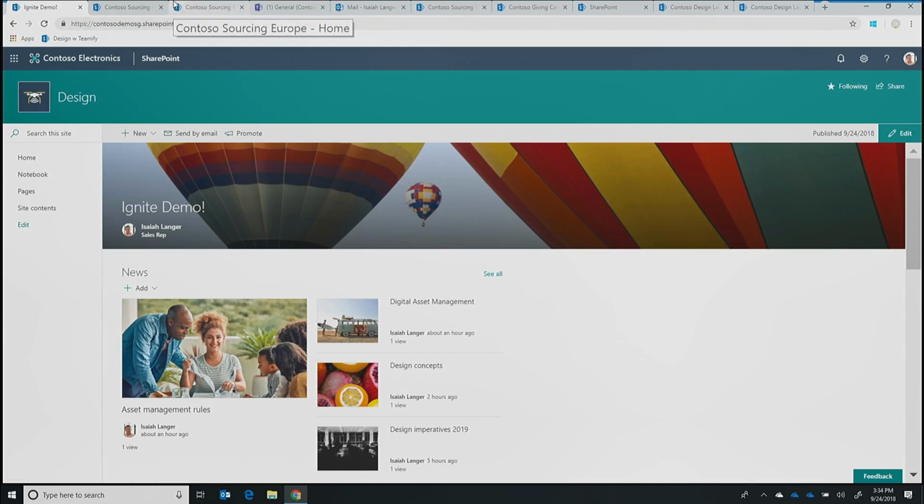well. I could easily go back to the Pages library and set this page as the home page for the team site, and it could be a great start-off point for your team. All right, so that was a whirlwind tour of Pages and Lists libraries to your existing team